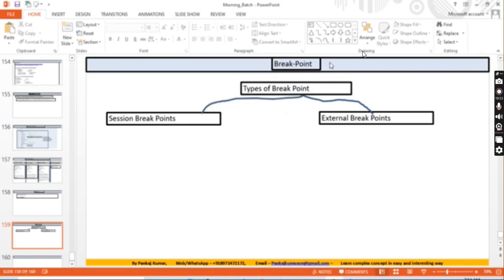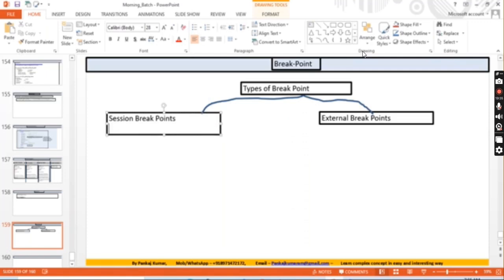Now what I'm trying to tell you is, the session breakpoint will be there as long as your session is there. As long as you are in the session, it will be valid. The external breakpoint is valid only for 2 hours. After 2 hours it will just come out.